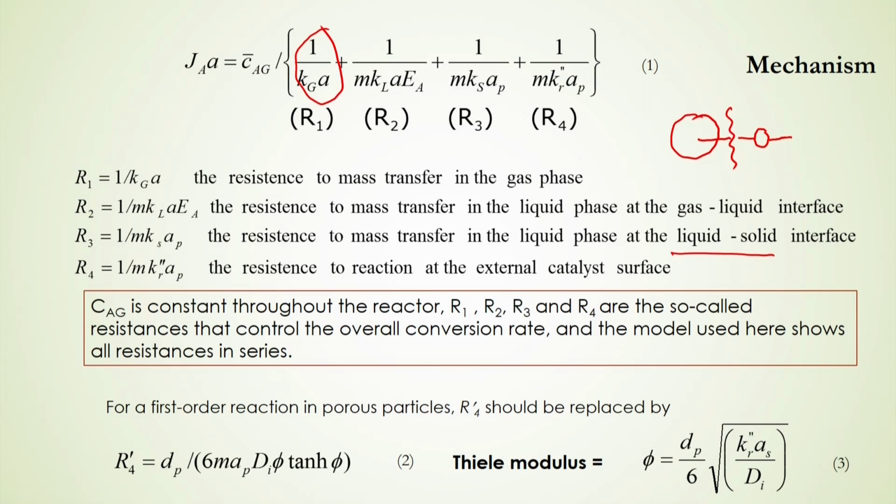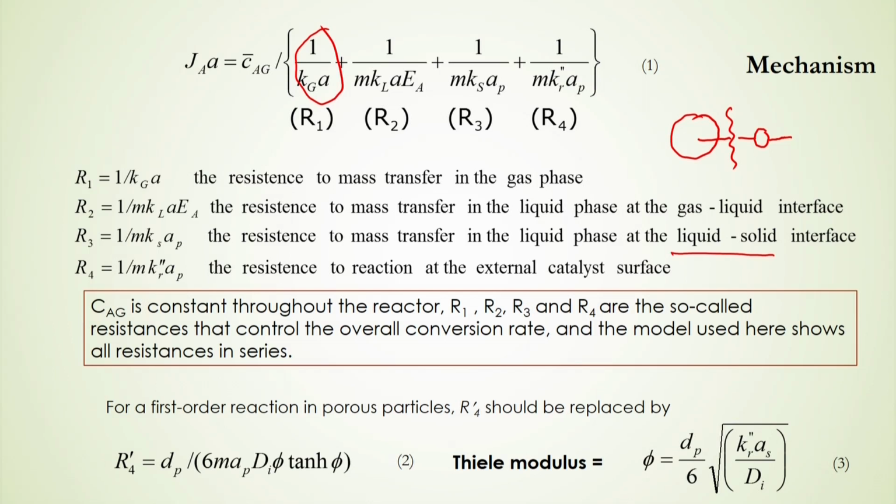So, this mass transfer rate J_A can be represented in terms of resistance, that is C_AG bar divided by R1 plus R2 plus R3 plus R4. So, in this way this mass transfer rate can be expressed in the case of a 3-phase fluidized bed system, and here in this case C_AG bar is the constant